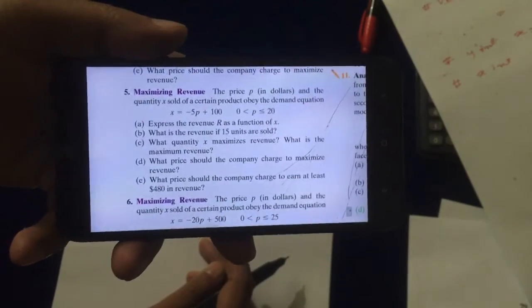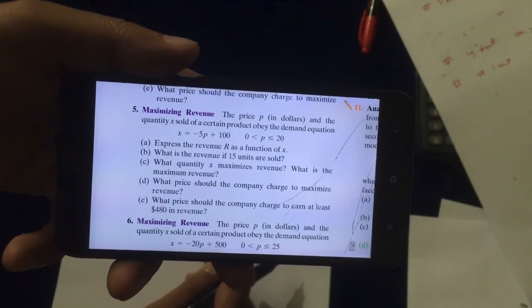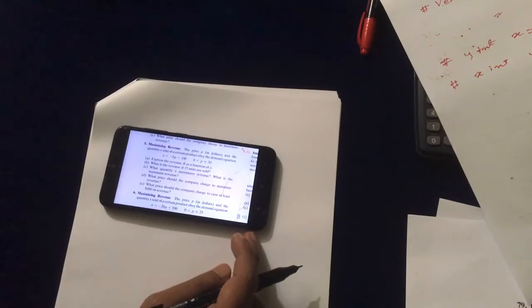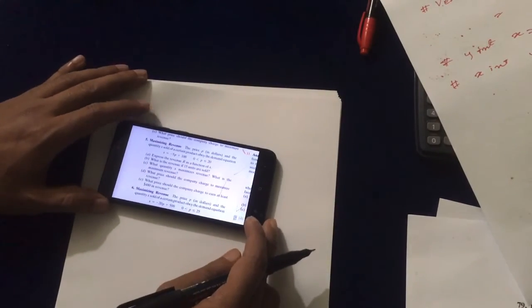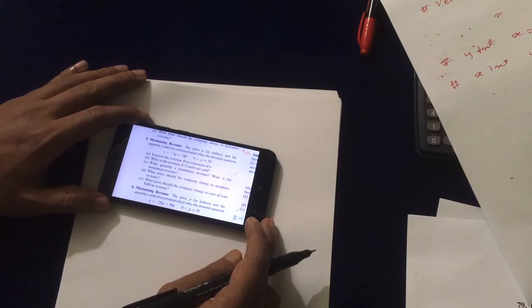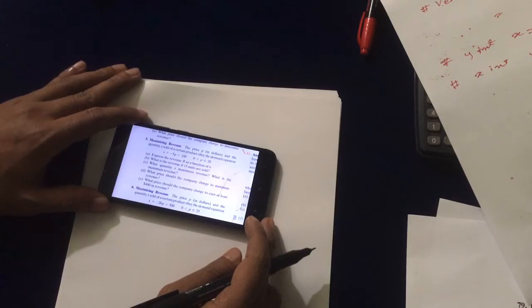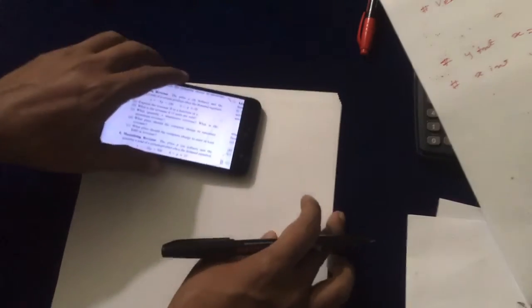This is from 3.4, number 5, maximizing the revenue. So let's try to solve this. The question is: the price P in dollars and the quantity X sold of a certain product are related by the demand equation. So let's write it. The demand equation is